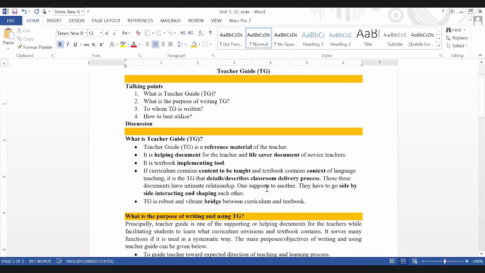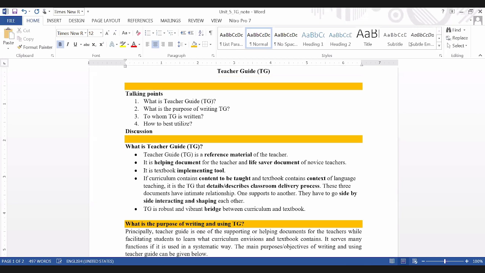So teacher guide, this is clear from the topic. Teacher guide means guide for the teacher, or document that guides teachers' classroom activities. Simply you understand like this, you have to understand from the topic. Teacher guide means it instructs the teacher, right? So document or book, or what we say document that guides teachers